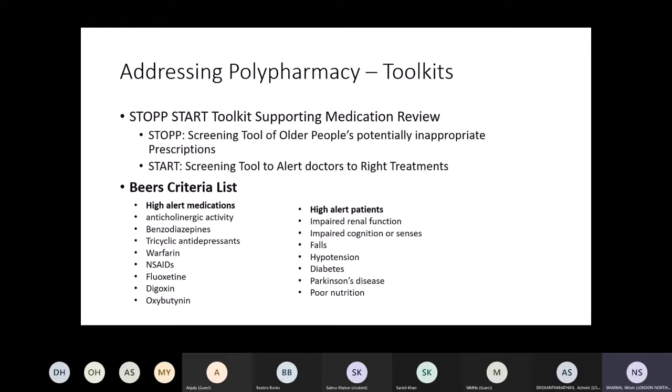Then high alert medications: anticholinergic medications. These would cause all sorts of autonomic dysfunctions like incontinence and postural drops. Benzodiazepines: avoid benzodiazepines in elderly patients. Patients would come and say they can't sleep, but it's more important to counsel them regarding exercising rather than prescribing just medications. Then it's important to recognize TCAs. A lot of elderly patients are taking TCAs because they are depressed, but TCAs have lots and lots of side effects, especially when combined with benzodiazepines or other medications.